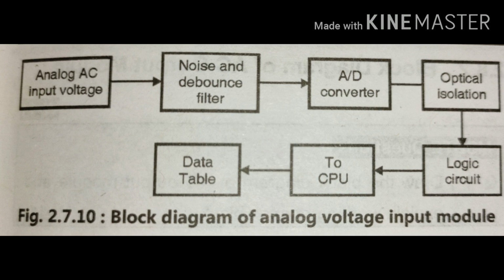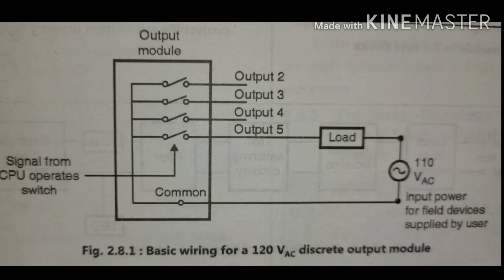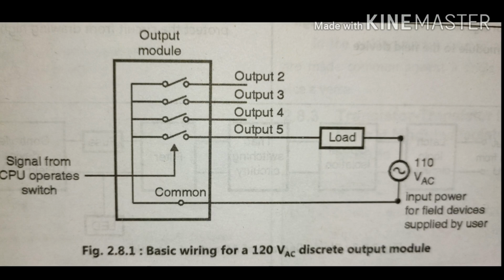Next is the output module. The output section of a PLC is the physical connection between the outside world and the CPU. Examples of discrete outputs include motor starter coils, pilot lights, solenoids, alarm bells, valves, fans, contactors and other control relays, and input start or stop signals to variable speed drives. These are all outputs. All these devices have one thing in common: their signals are either on or off, open or close, yes or no, or true or false. So it can be any of these.